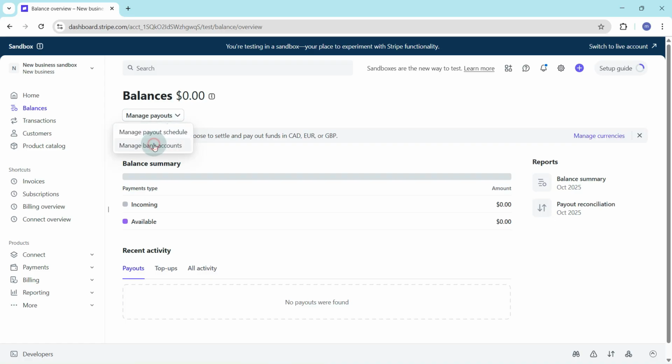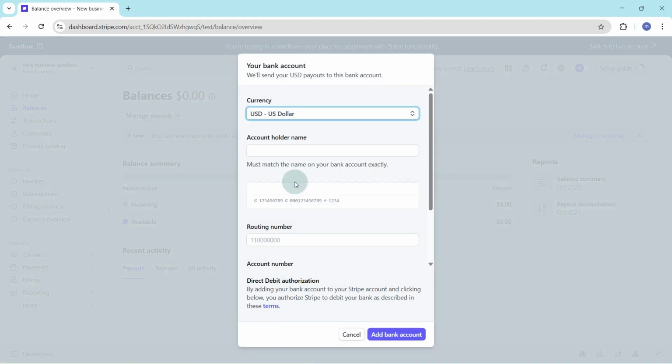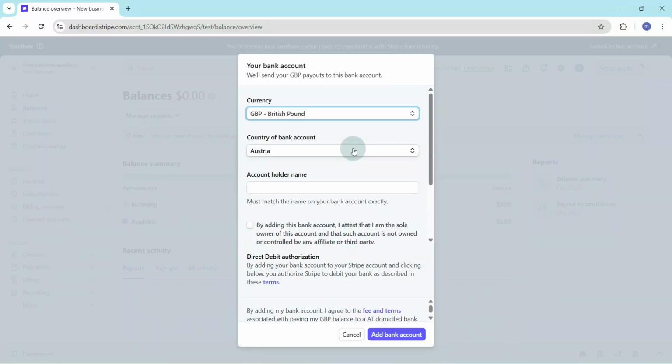Now, open your Payoneer account and locate your virtual bank details, such as your account number, routing number, and any other information Payoneer provides. After gathering these details, return to Stripe and carefully enter all the information into the required fields. Double-check everything for accuracy, and once you're confident the details are correct, click Add Bank Account to finish the